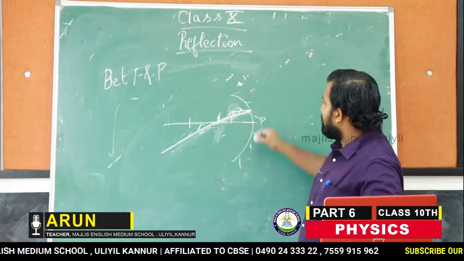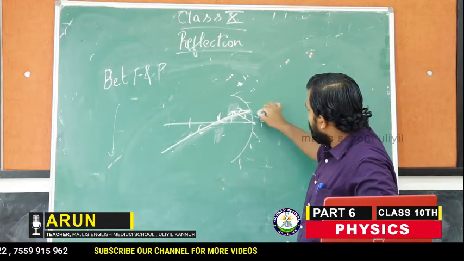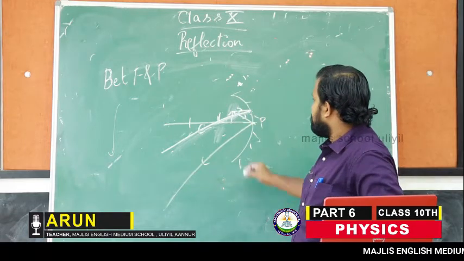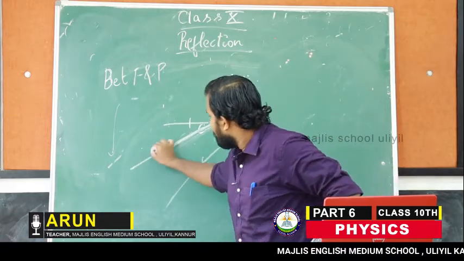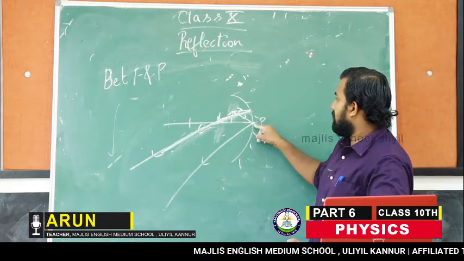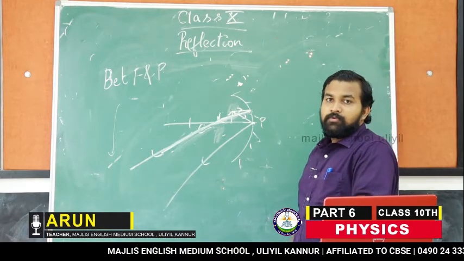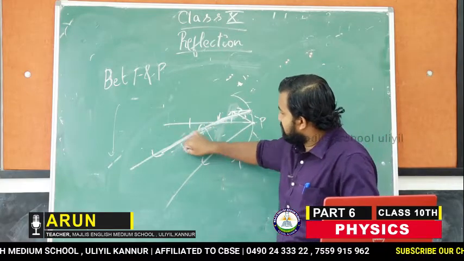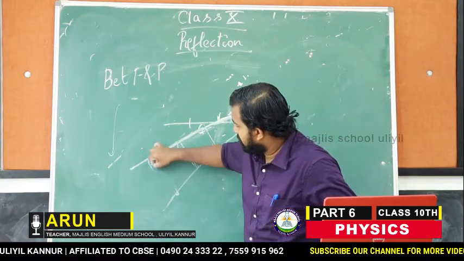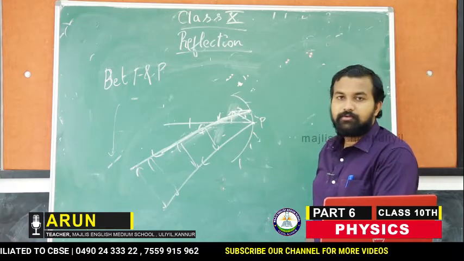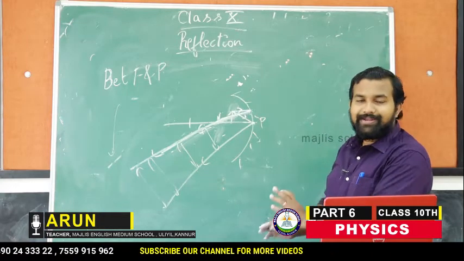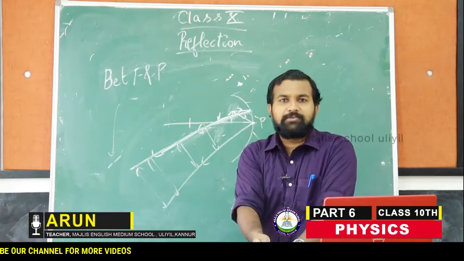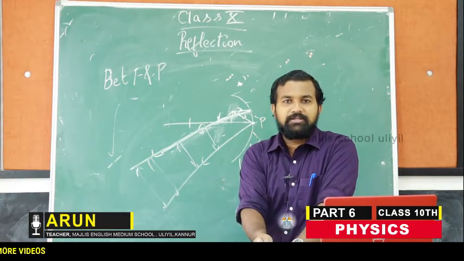Now the second ray I am taking, passing through the pole, will make an equal angle with the pole. Sorry, equal angle with the pole. What you are seeing over here is that the distance between the two reflected rays is increasing, so they are not parallel. Anyhow they won't meet at infinity. So then what is the possibility where the rays can meet?